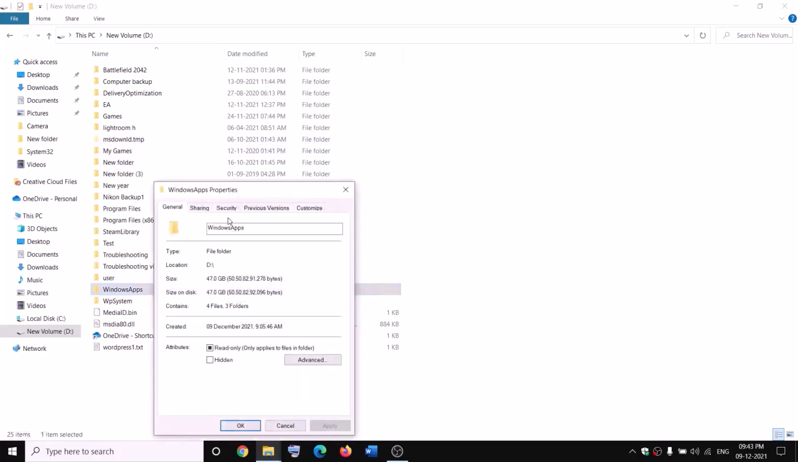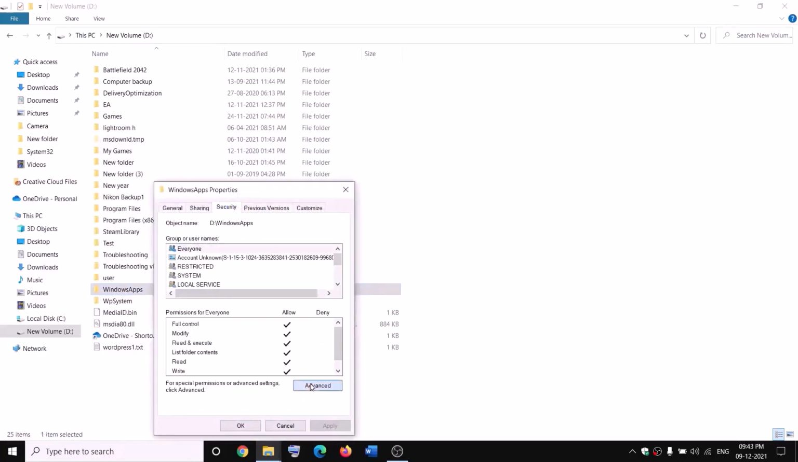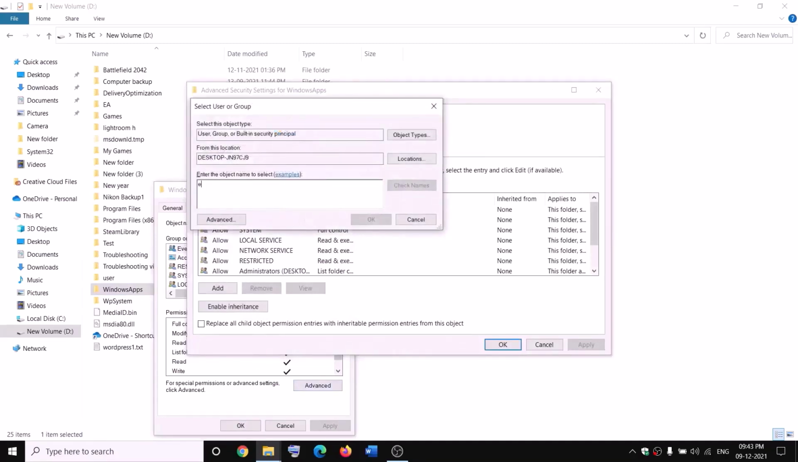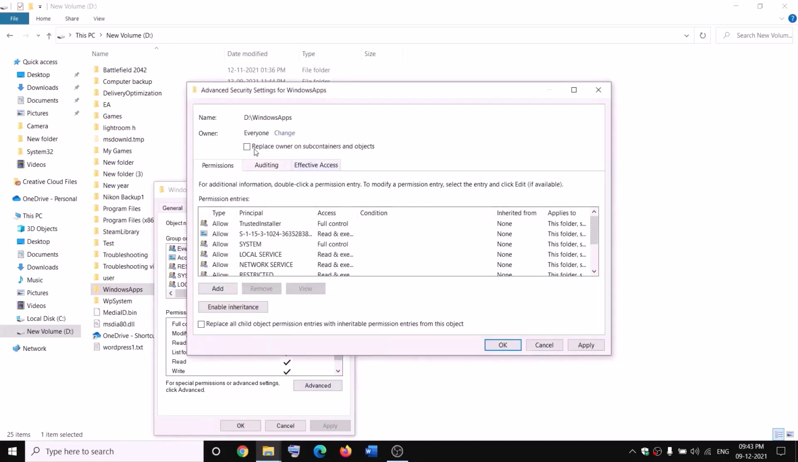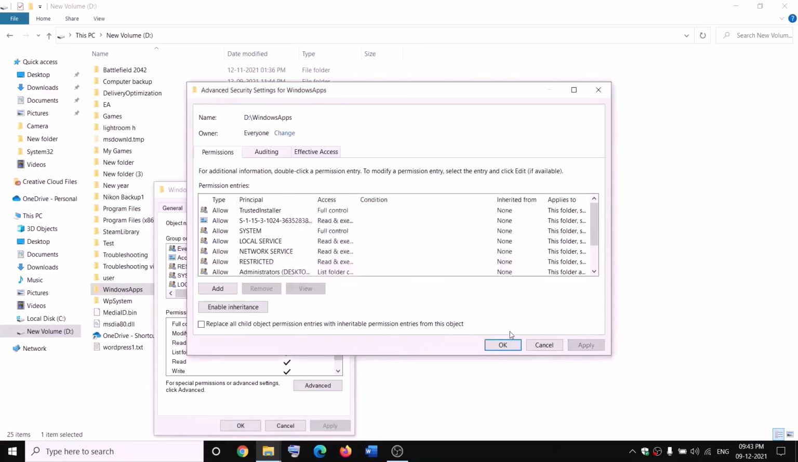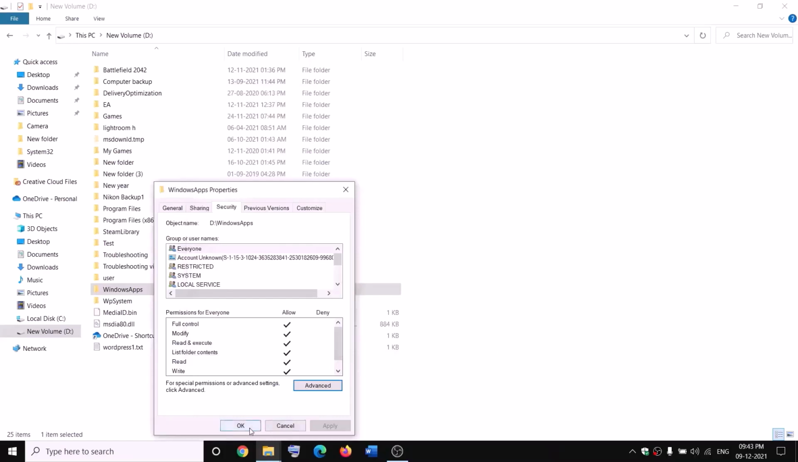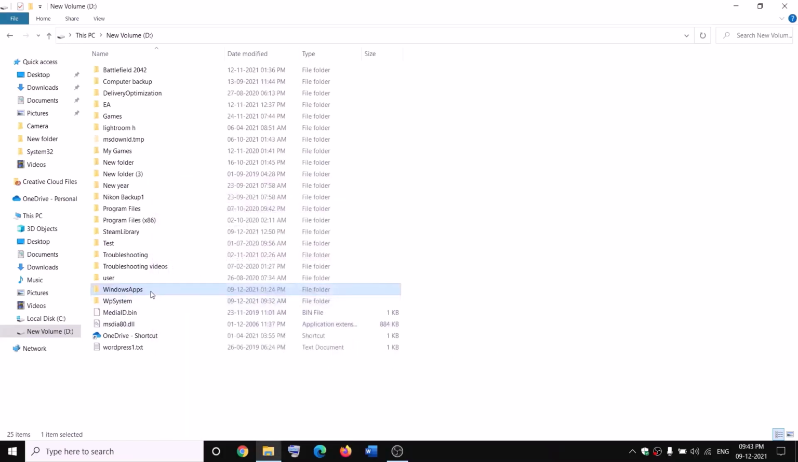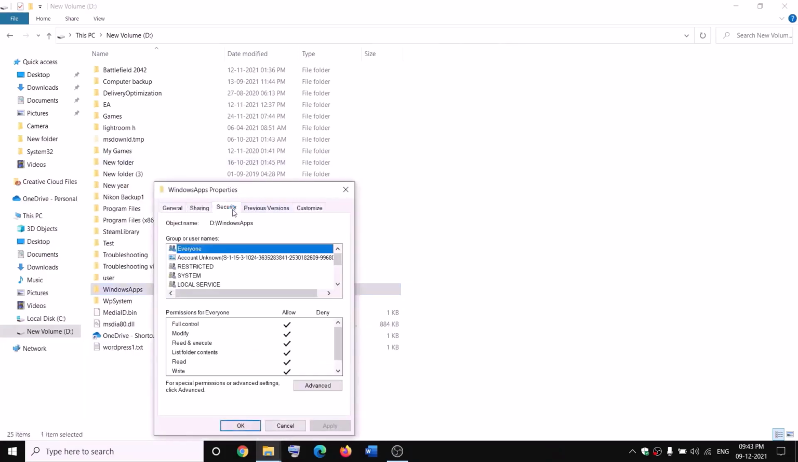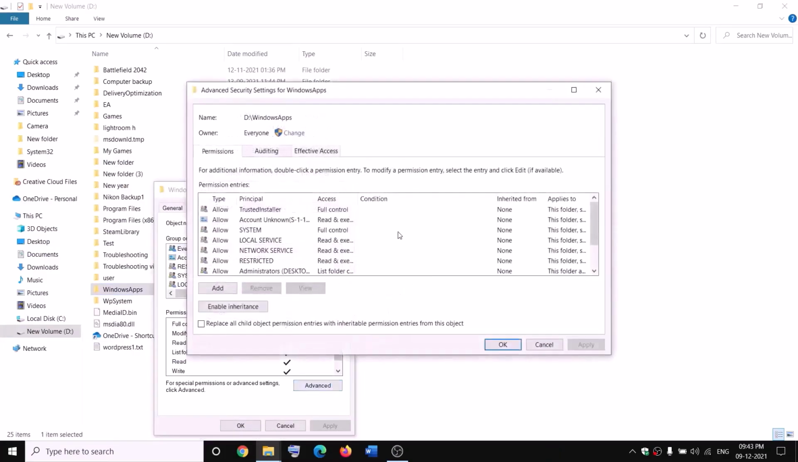Properties, go to the Security tab, Advanced. Now click on Change over here, type in Everyone in the box. Now click on Check Names, then click on OK. Now put a check on the box which says Replace owner on subcontainers and objects and then click on Apply. OK, OK, again OK. Again make a right click on WindowsApps, select Properties, Security tab, Advanced, and this time